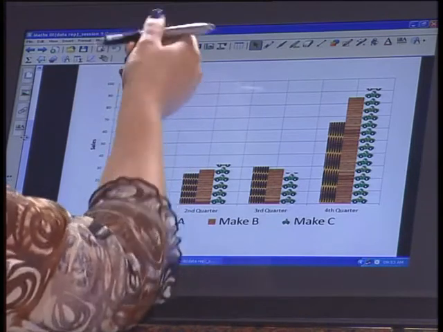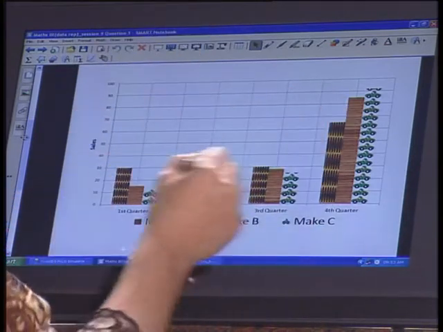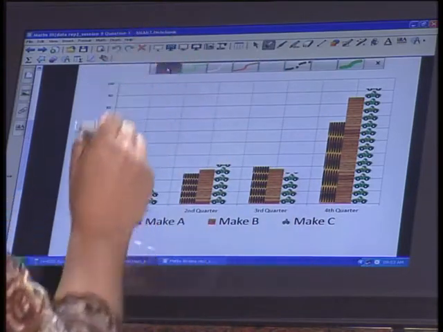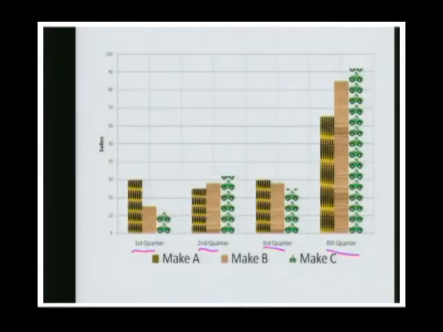So going from 0 to 100, I've got them divided into quarters. I've got the first quarter, second quarter, third quarter, and fourth quarter, with some colors. And I've got 3 different makes of cars. So this is a typical pictogram because I've got pictures of the cars, but it is also a form of